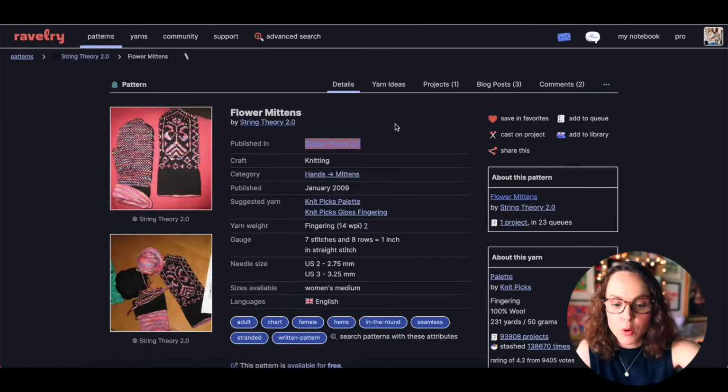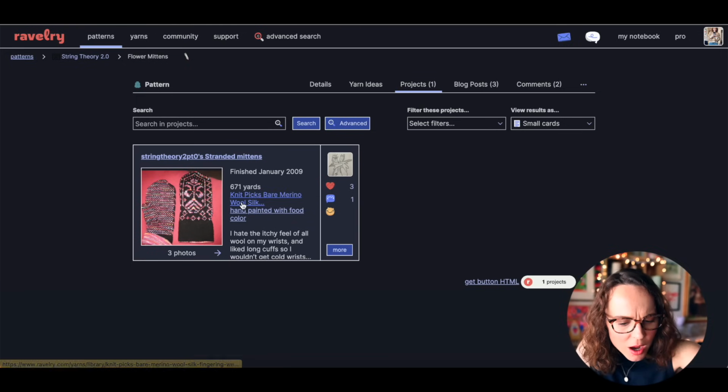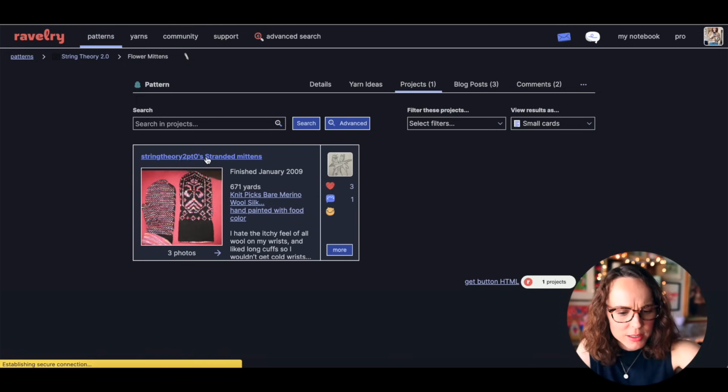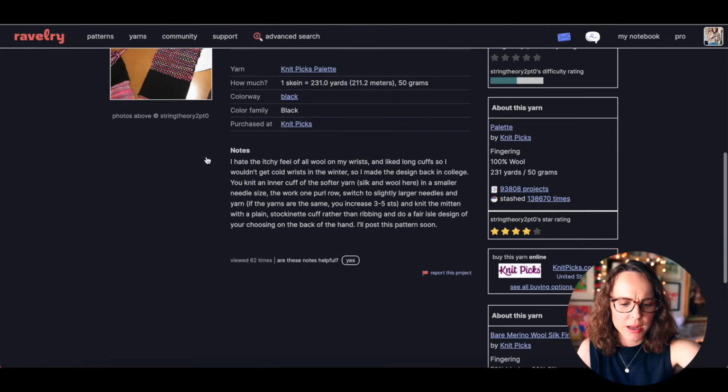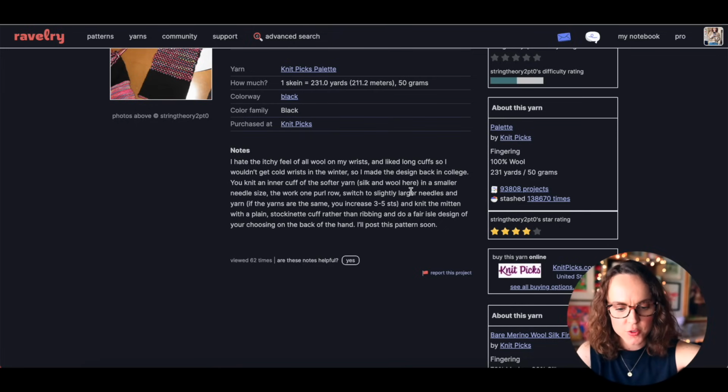So these are called flower mittens. There's one project, which I have a feeling is this one, yeah. And they're using Knit Picks Bare Merino. Oh, they used food coloring. Hold on, let's go over here for just a moment. Maybe she had it down here. I hate the itchy feel of all wool on my wrists and liked long cuffs so I wouldn't get cold wrists in the winter. So I made the design back in college. You knit an inner cuff of the softer yarn, silk and wool, which is the Knit Picks, in a smaller needle size. Then work one purl row, switch to